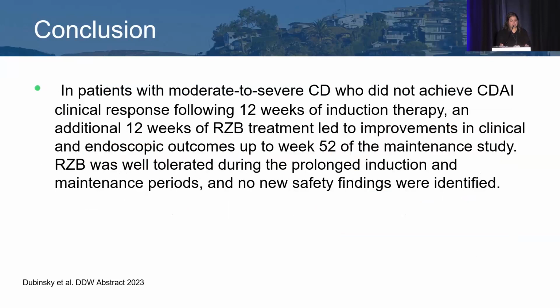So in conclusion, patients with moderate to severe Crohn's disease who did not achieve a CDAI clinical response following 12 weeks of induction therapy, additional 12 weeks of treatment led to improvements in clinical and endoscopic outcomes up to 52 weeks of maintenance study. It's a well-tolerated drug. It's actually pretty safe. It's got a very good safety profile. So the point of this for me is just continue those patients on there and see if we